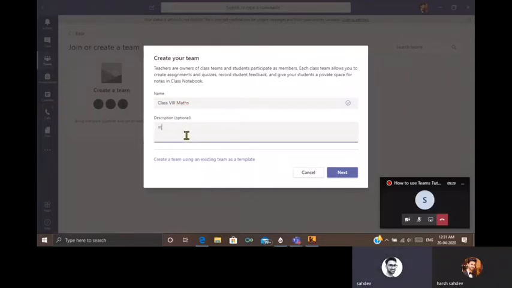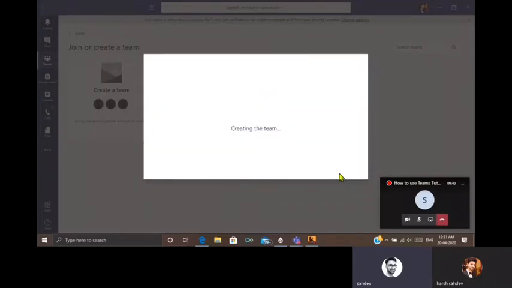Description: mathematics class. You can write anything you want in the description, it's up to you. I'll put next, and now it will show